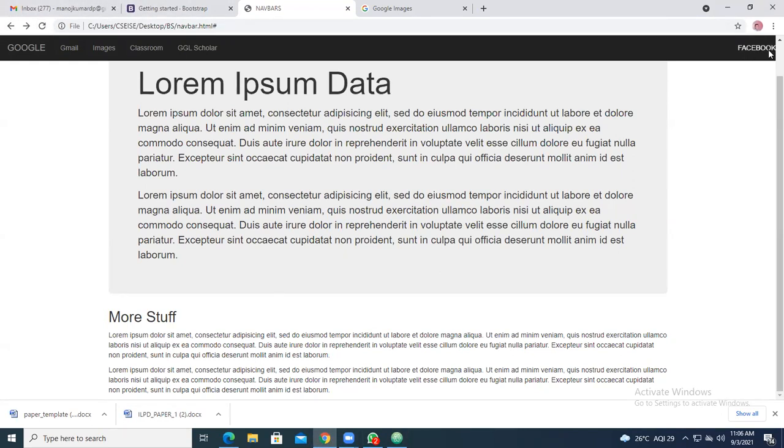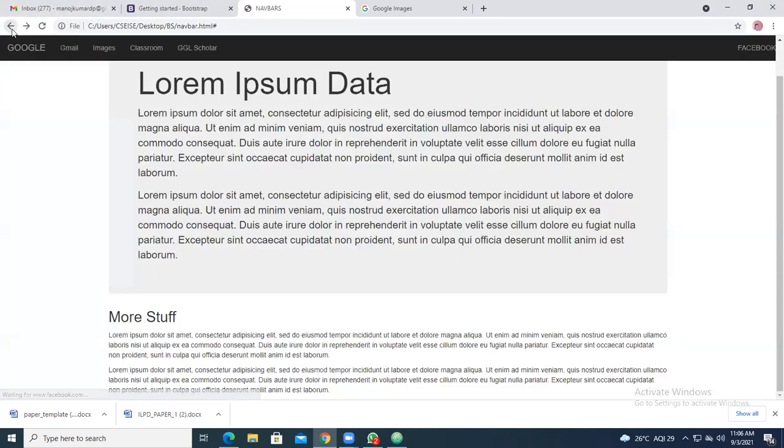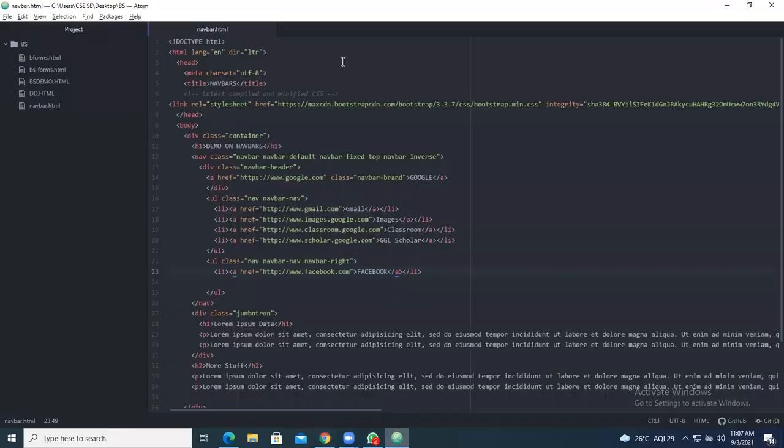Here you are getting Facebook. If you click on Facebook, it is going to take you to the Facebook page. For that purpose we have given it as navbar-right. That is up to the demo of creating the manual navigation bar.